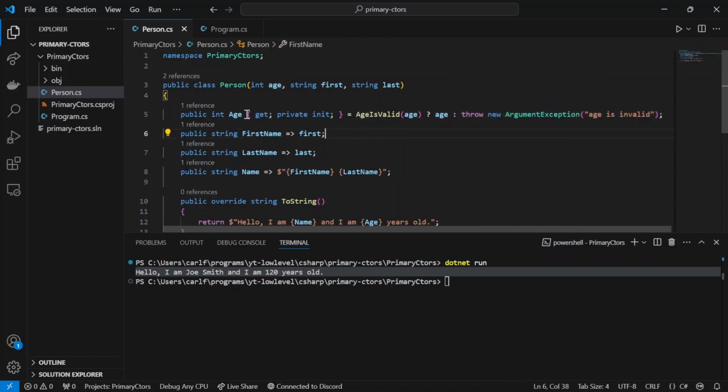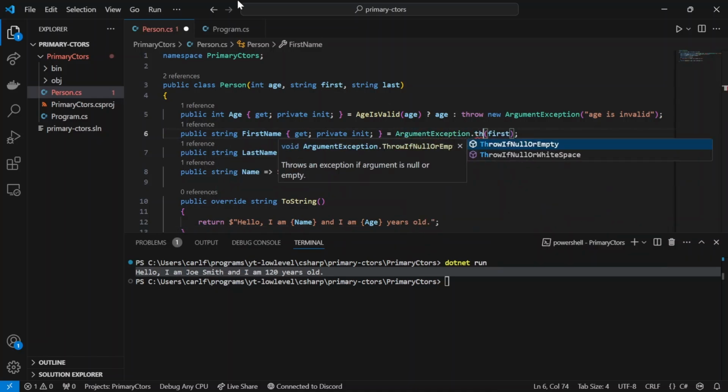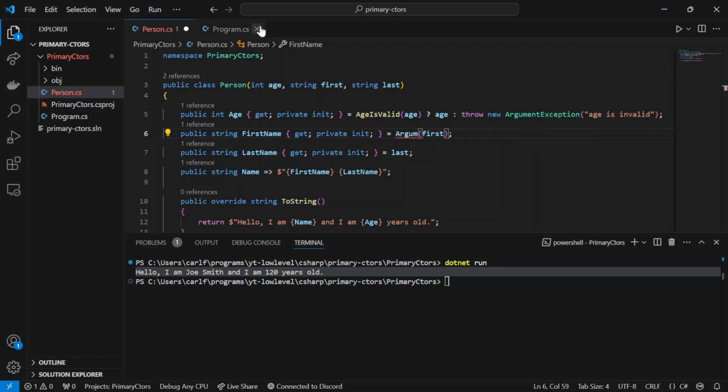And then I can do that for the rest of these. So just copy this over here. I can do that for the rest of these. Like, let's make sure the person actually has a name. I can say ArgumentException.Throw... wait, ThrowIfNullOrEmpty. Oh, sorry, this is a standalone. I can say